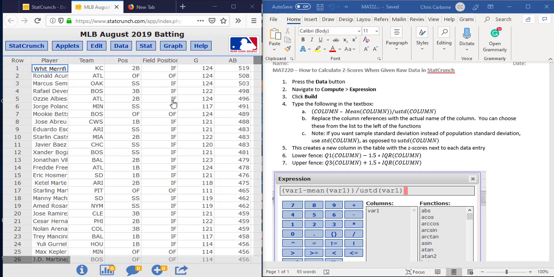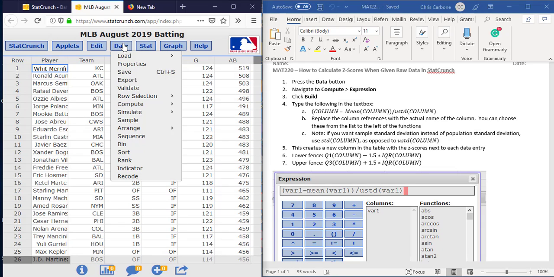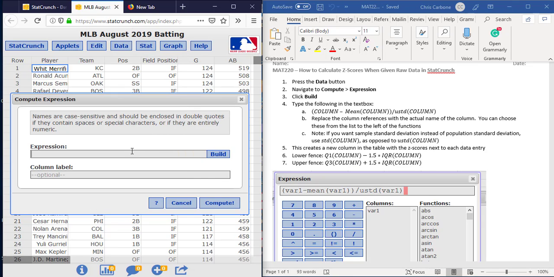For this we are going to go over to Data, Compute Expression. And the expression that we are going to use for this is going to be parenthesis, the name of the column. In this case I'm going to use the at-bat column, so AB, minus the mean of that column, again AB in this case,